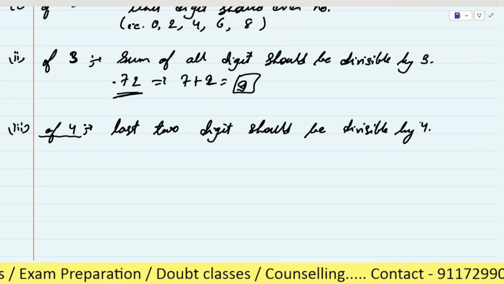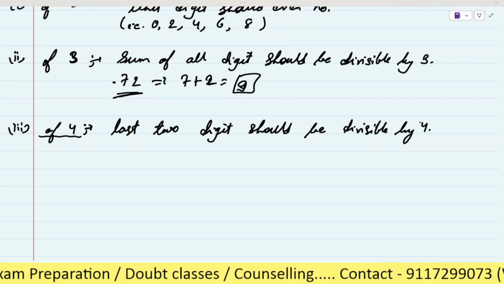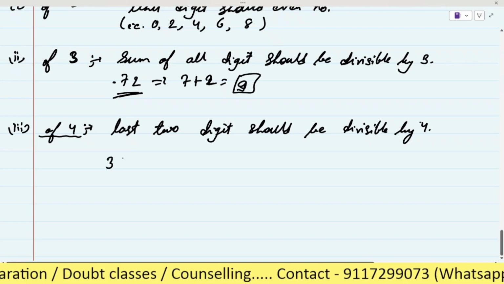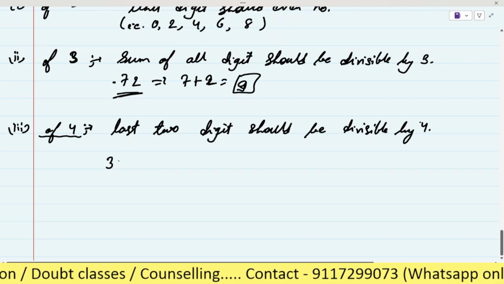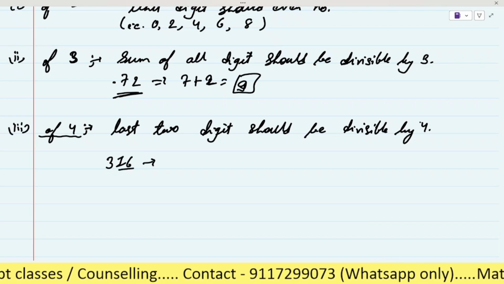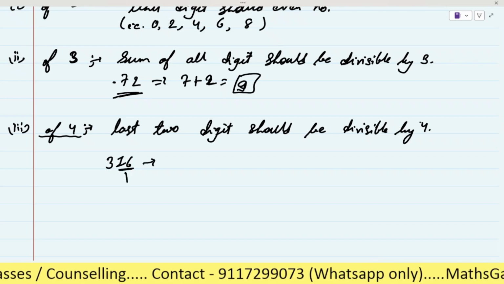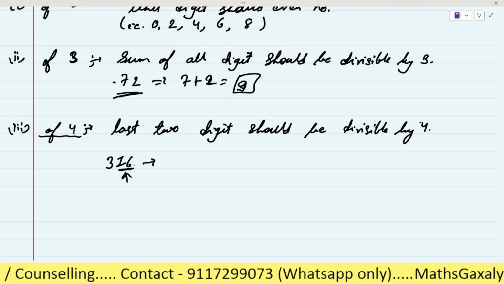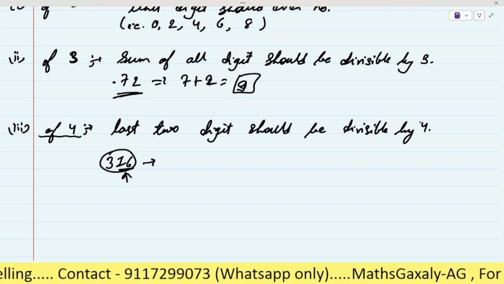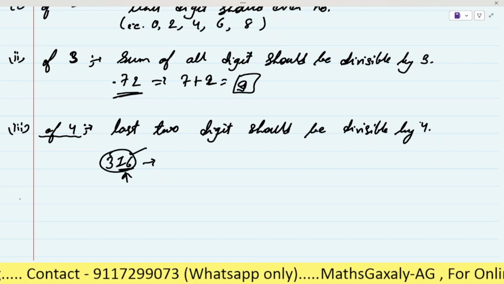No, sir. As an example, suppose there is a number 316. Okay, here the last two digits are 16, and it is divisible by 4, right? 4 fours are 16. It means the whole number is also divisible by 4. Okay,